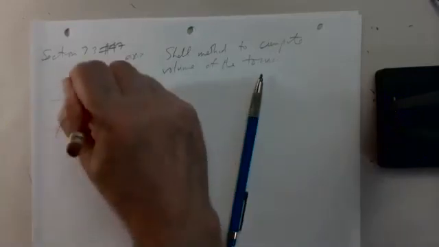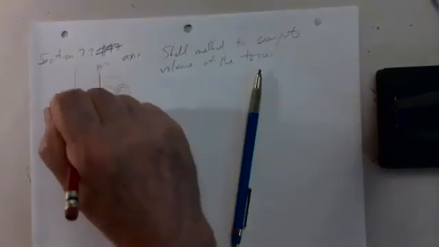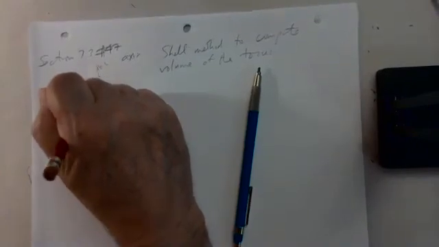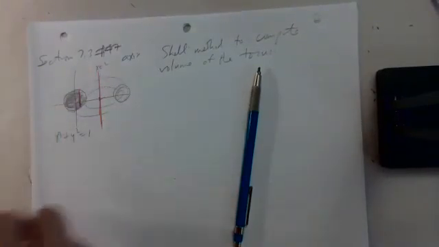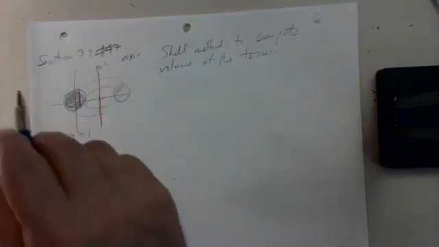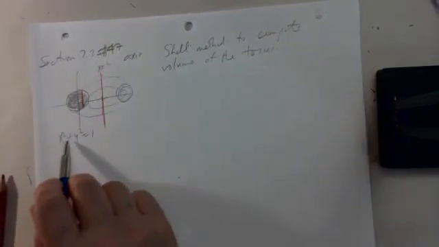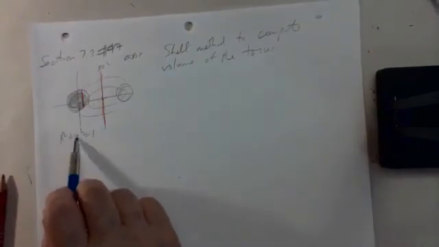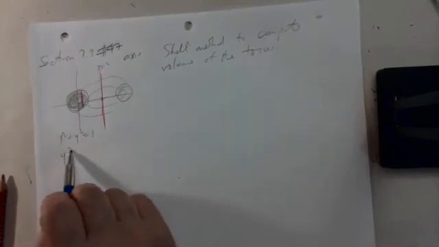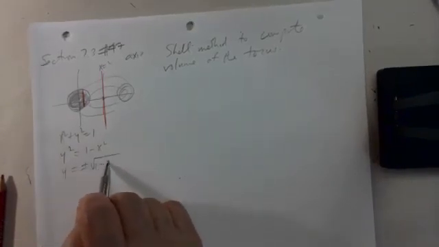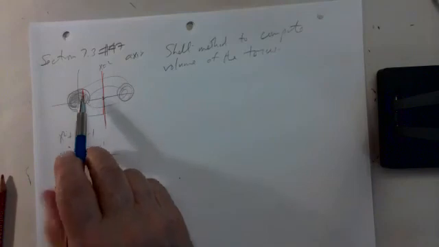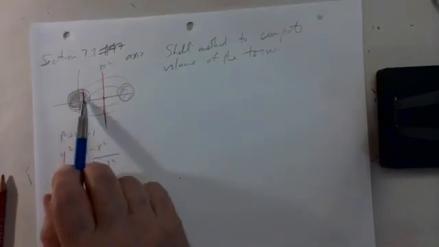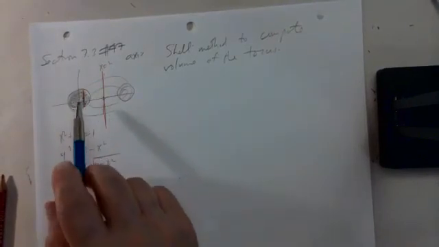So here we have the axis, and here we have a vertical slice through the circle. What is this length? If the circle is given by x squared plus y squared equals 1, y squared is 1 minus x squared, so y is plus or minus the square root of 1 minus x squared. So the vertical line through the point x in this circle, from the top to the bottom,